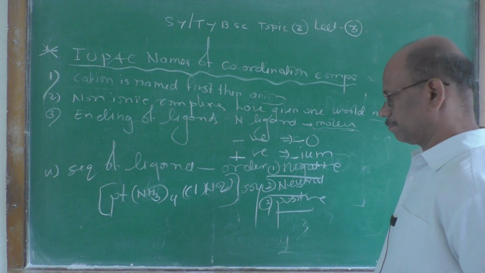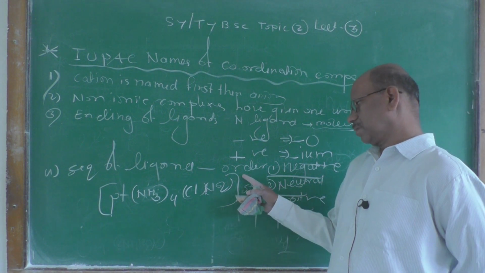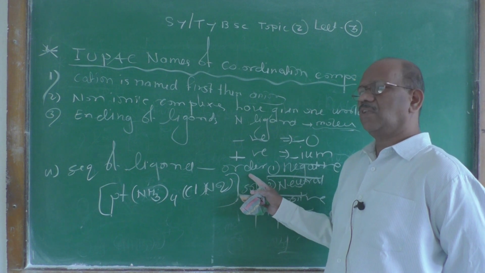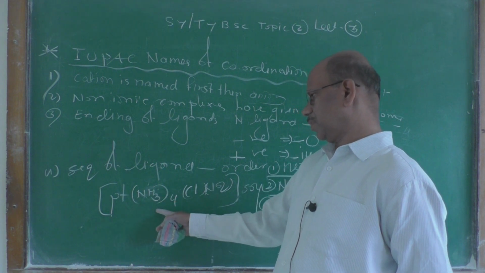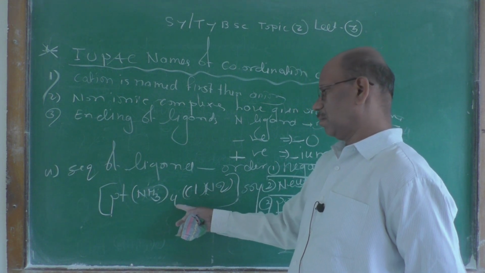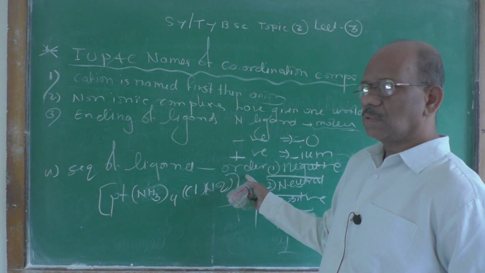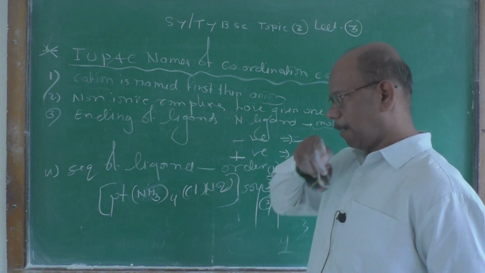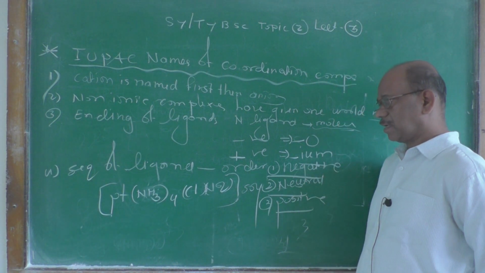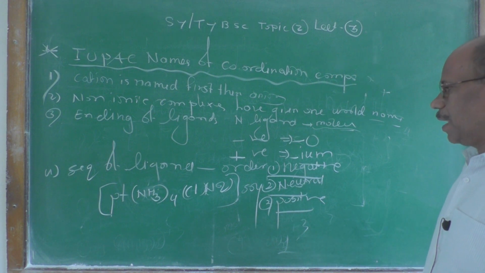Why to give the name? First thing you write on the complex ion. On the complex ion, if it is ionized, plus 2 charge is there, then you find out the oxidation state. So it is X, the ammonia is neutral, plus 0, chloro is -1, nitro is again -1, equal to +2. Means X minus 2 is equal to +2. So X is equal to +4. Means the oxidation state of platinum is +4.